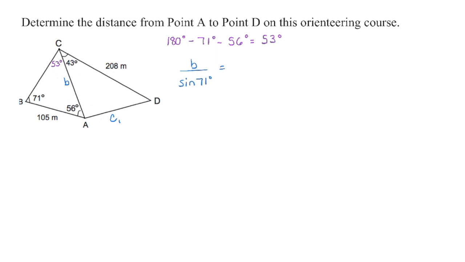A side length that I know is that 105 meters, and again, that is opposite from the 53 degree angle. So when I put this in my calculator, we're going to go sine of 71 times 105, and we're going to divide by that sine of 53, and it gives us a B value of